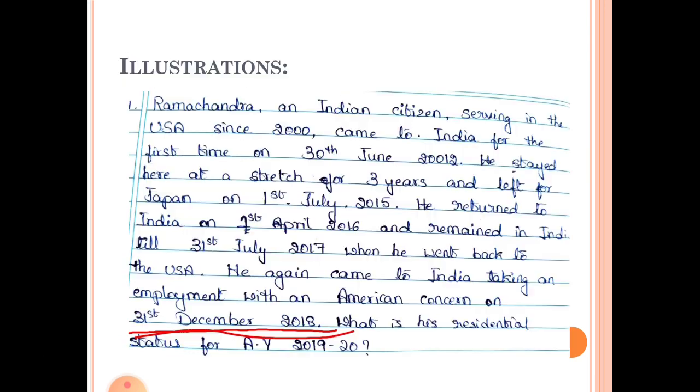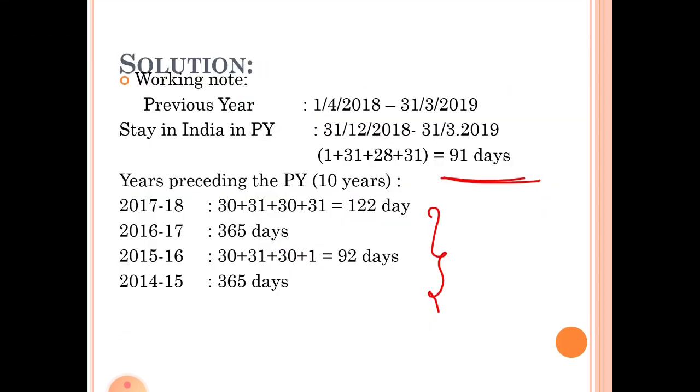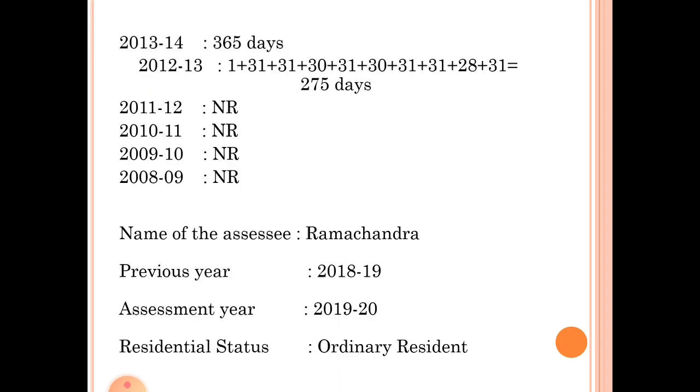See here, 1 day in July and previous 3 months he stayed in India. So in 2015-16 he stayed 92 days, and in next 2 years he stayed full, and in 2012-13 he stayed